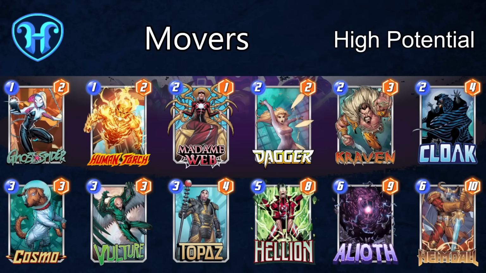Another classic Marvel Snap archetype putting up numbers for the first time in a while is a more traditional movement deck. No bouncers to be had here, just sliding your cards all around the board for fun and profit. Notable inclusions here are Topaz and Hellion as more recent move enablers, with Hellion being quite potent as a one-sided cloak, often leaving your opponent guessing where your stuff is going to end up at, especially when it's used in